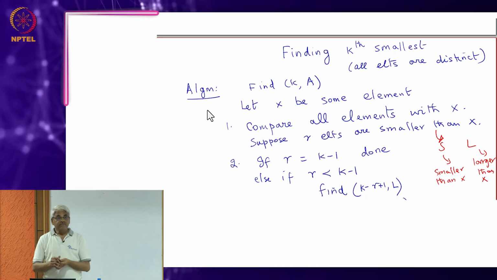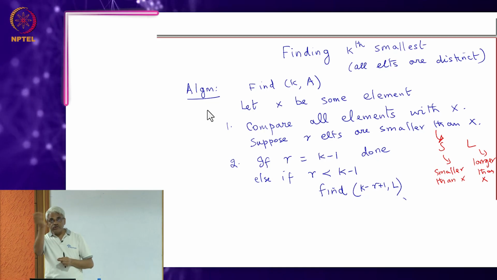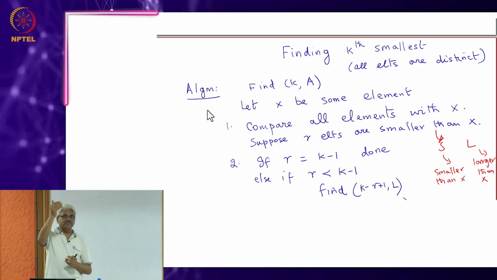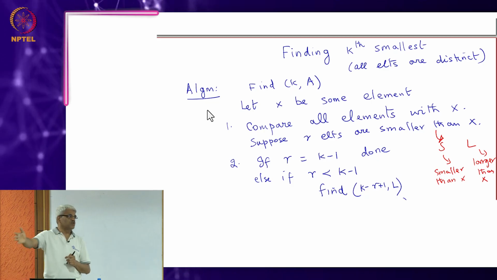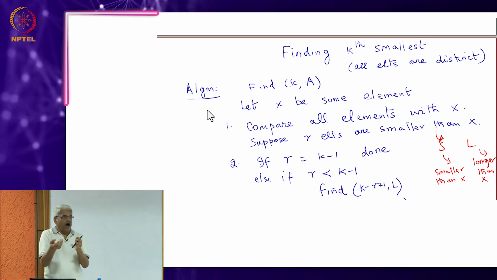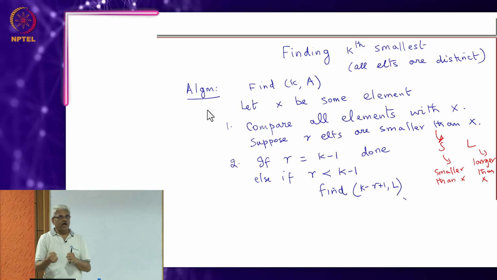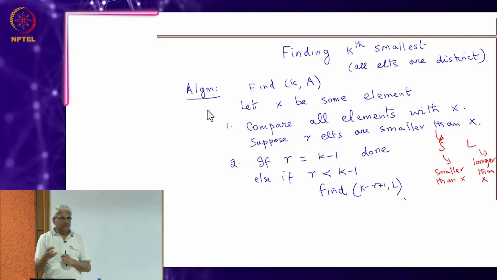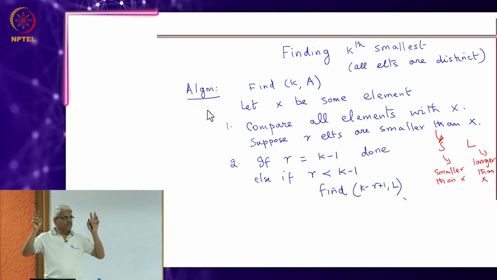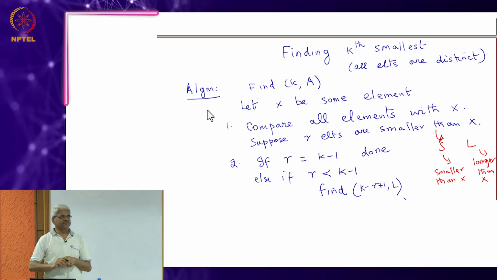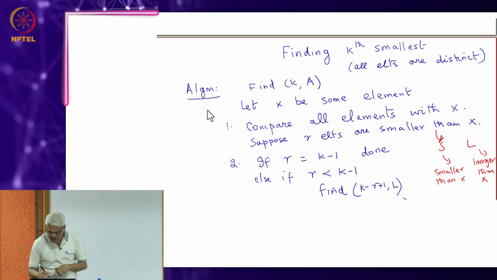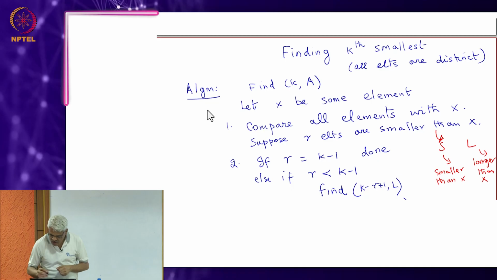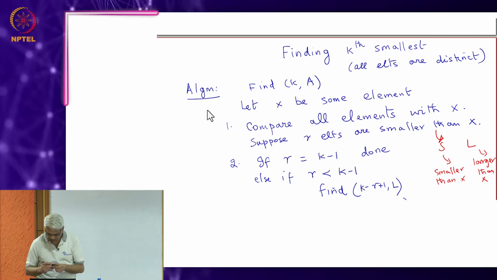See, x, I don't know. Only after you do the comparison, you know whether x is to the extreme or x is close to the middle or something. Per se, I don't know what x is. What is its rank? Okay. So I want to pick some random element x. Let x be, now I am going to say not some element,